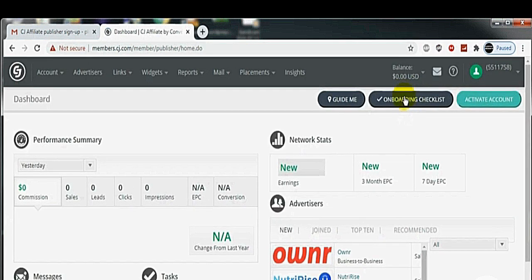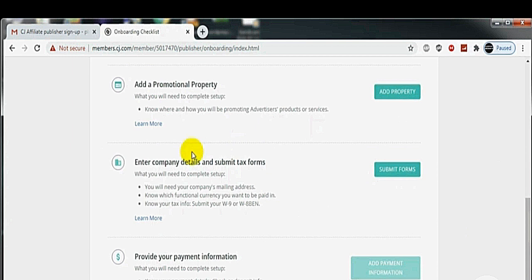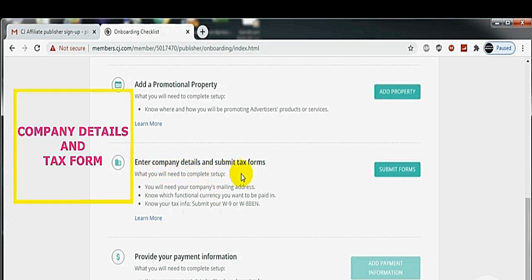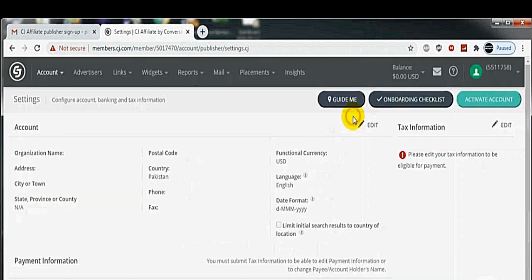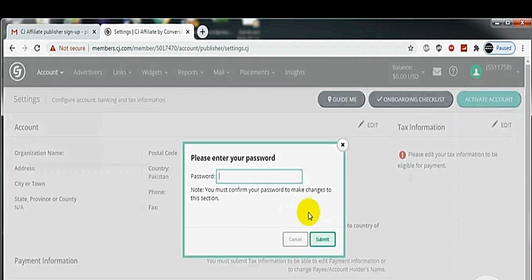Okay, again you will have to go to the onboarding checklist to check if all the steps are completed. Then you will have to enter the company details and submit tax forms. Hit this submit form button. Okay, here you will have to click this edit icon. Just write your password over here.